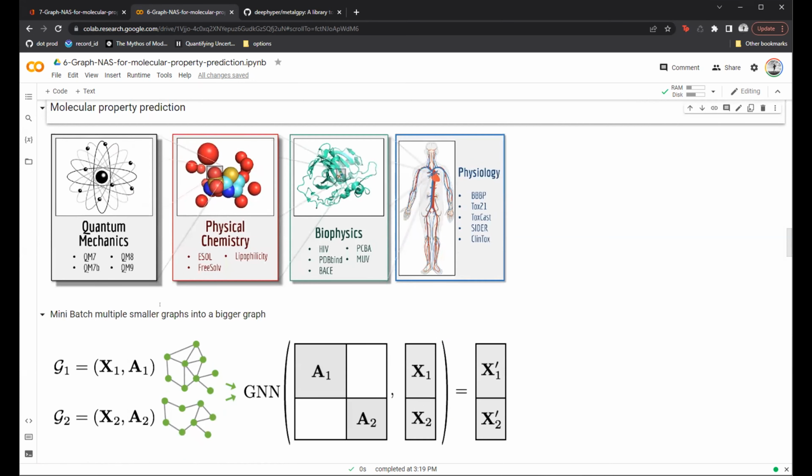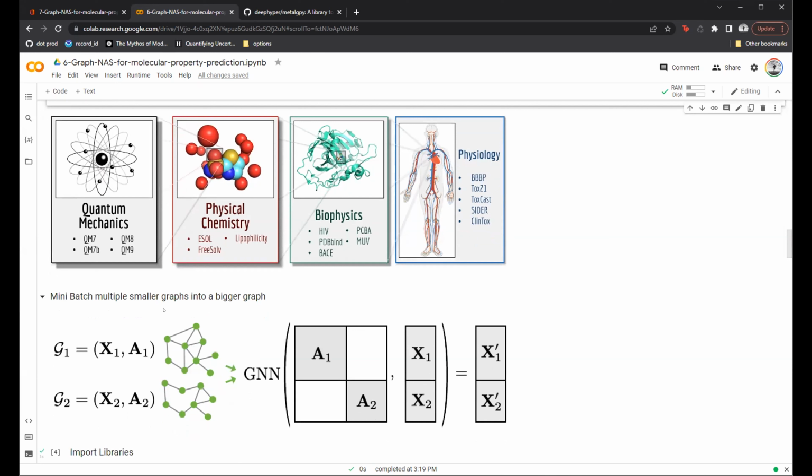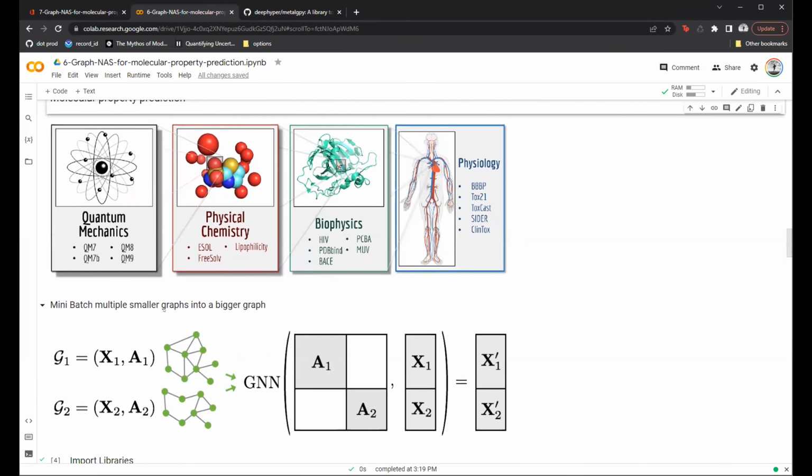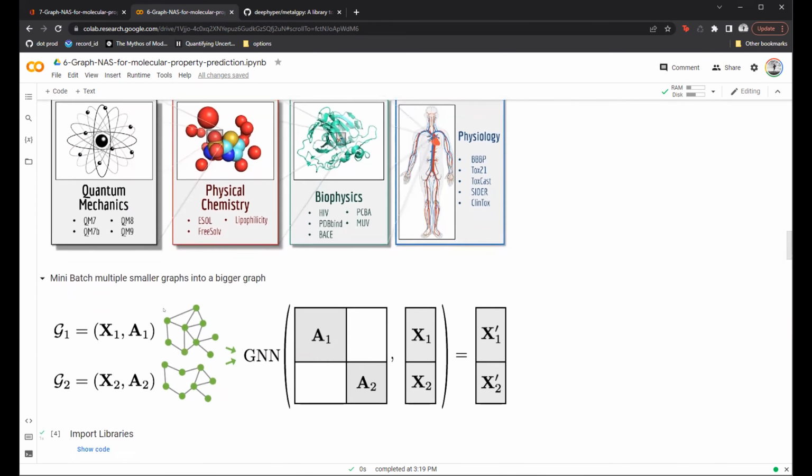So let me go into the GraphNAS part and the molecular property prediction part. So for the task of doing molecular property prediction and GraphNAS, we try to employ the MoleculeNet dataset. It has the different components. For this specific hands-on, I'm just going to use one dataset. I'm not actually going to run it. I'm going to show you how it's possible to tease out the search space, just like how I showed you with any other program,